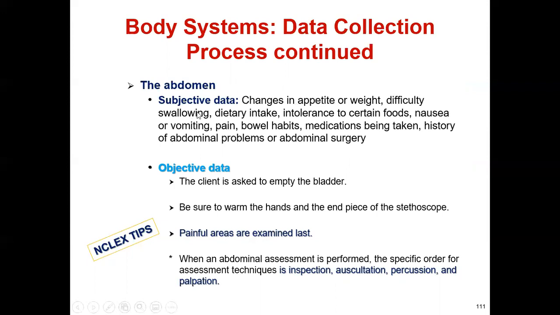Also difficulties of swallowing, dietary intake, intolerance to certain foods, like irritable bowel syndrome. They do not feel good taking all kinds of foods, or celiac sprue. Sometimes they complain of nausea, vomiting or pain. When they eat heavy, spicy or fatty food, they complain of pain, like a gallbladder problem,